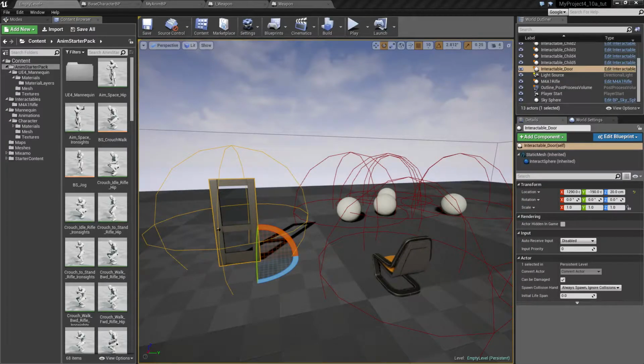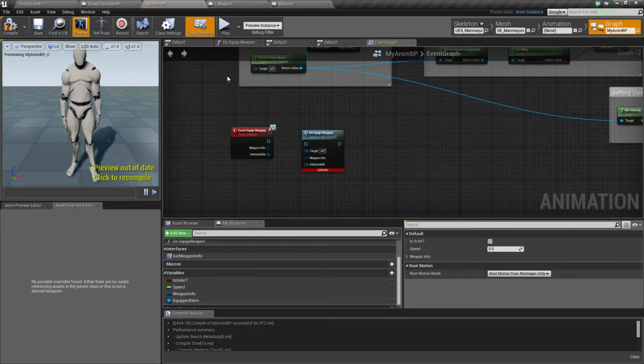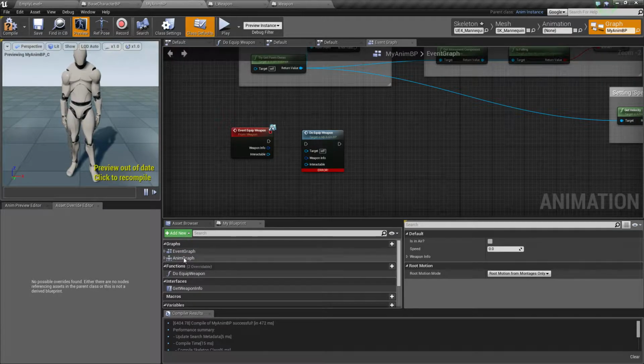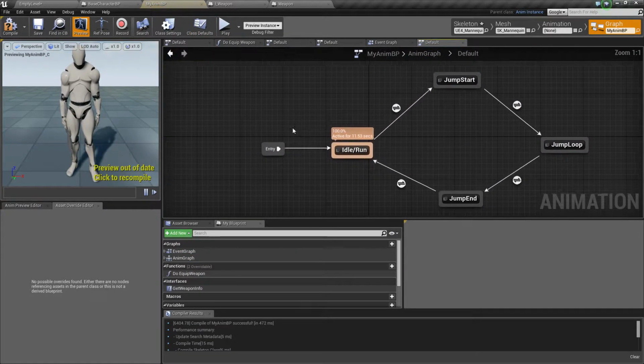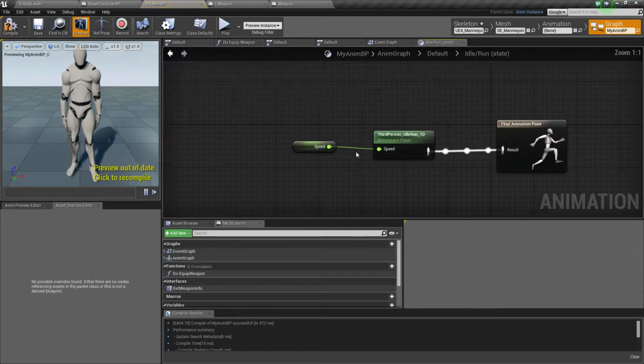Alright, so let's see if we can finish this up real quick. We ended last time looking at the animation graph. Where did I put it? At the default machine. So what we need now is to have like we have this idle run is playing